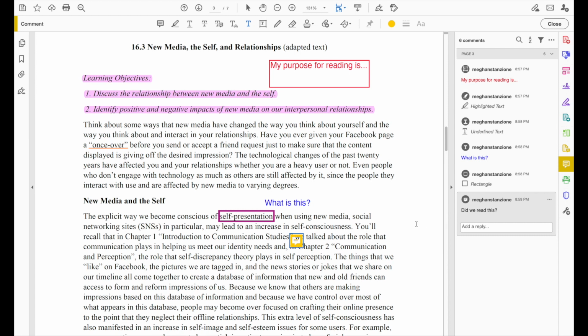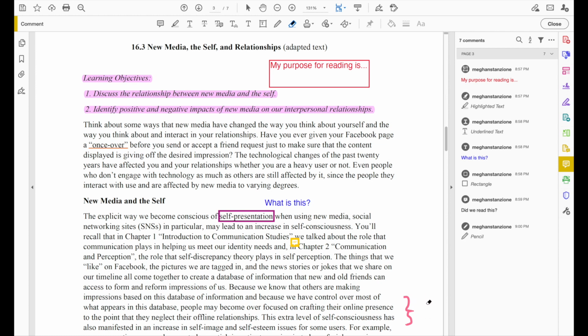The last tool that we're going to look at today is the drawing tool. You would use this when you want to add in some kind of symbol directly on the page, like a question mark or an exclamation point. And you would use it by clicking on the icon that looks like a pencil, and then selecting what color you would like your line, what thickness you would like your line. You can customize all of that, and then actually draw your symbols directly on the page wherever you would like them to appear. If you draw something that you decide you don't like or you want to erase, you simply click on the eraser and go ahead and remove those markings.